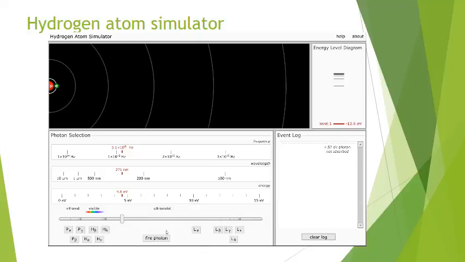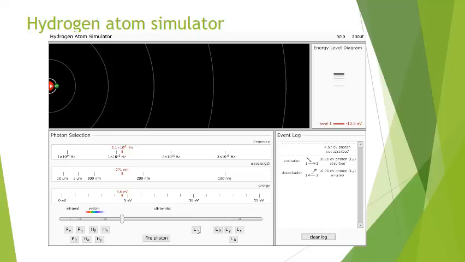Now notice we've got these different little buttons down here. These stand for the different types of photons that you can fire at your electron. The L stands for Lyman, the P stands for Paschen, and the H's here stand for Balmer. And again, this is something you can read up in the book. But let me go ahead and shoot a Lyman alpha. Notice that that was absorbed. It kicked the electron from its ground state up to its first excited state. That was the Lyman alpha.